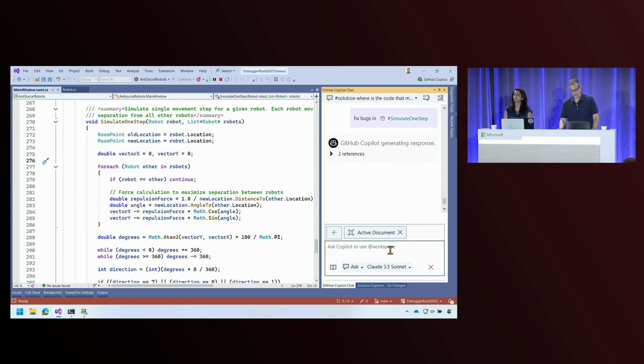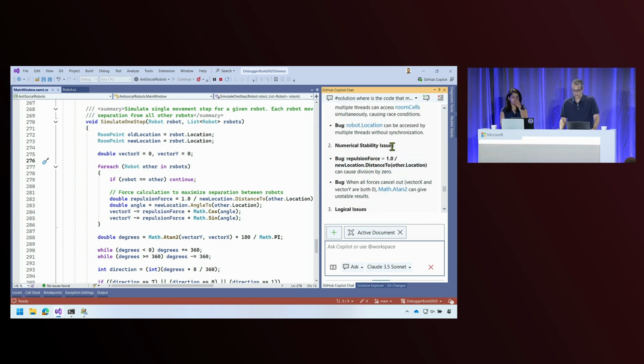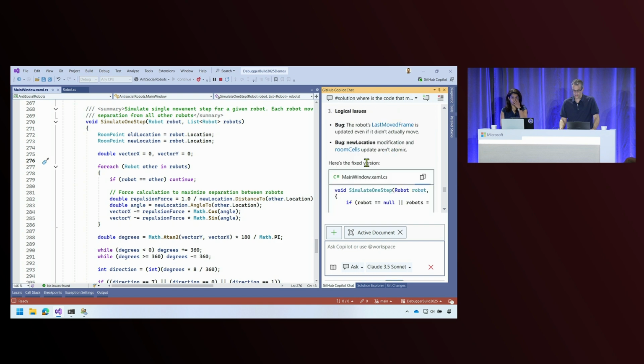I'm expecting a similar kind of response. Maybe it will find one or two new issues, but it's going to overlap with the response from the first model. And similarly, there's a thread safety issue, a numerical stability issue, some logical issues, and it gives me the fixed code, but we don't have the actual solution to the problem we're having.